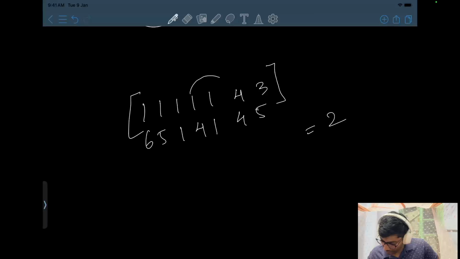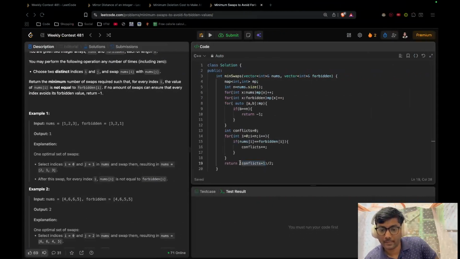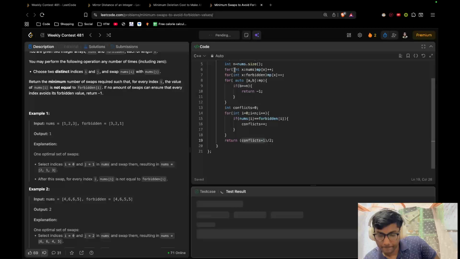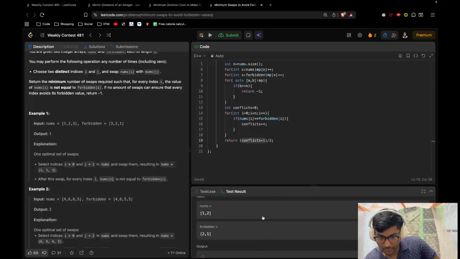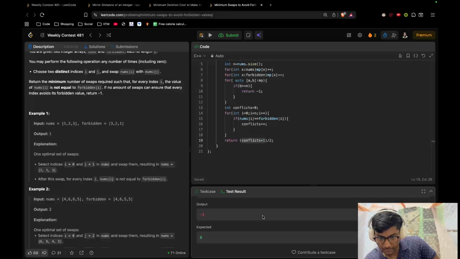Let's say this one gets swapped with this, so it will create a new conflict. For example, this is okay, but this is not a conflict then. Okay, let's try answering this. Okay, in the fourth case,